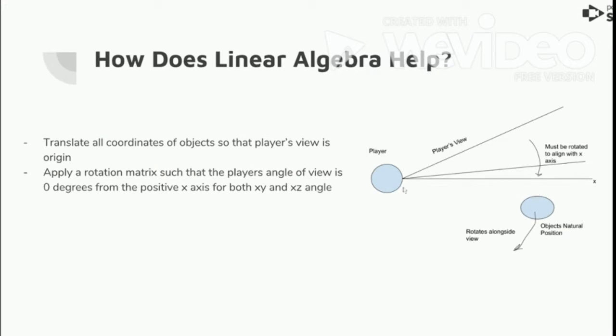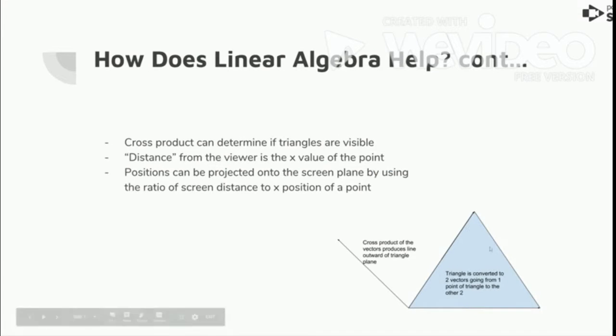x-axis be the center of view, and so the polygon is stored as a triangle or a set of triangles, each with 3 points. Now we can take these 3 points and convey it as two vectors from some origin point, this line and this line. And we can actually take the cross product of those two lines to give us a perpendicular line from the plane of this triangle. And we can see if that line, if its x component is facing towards the view